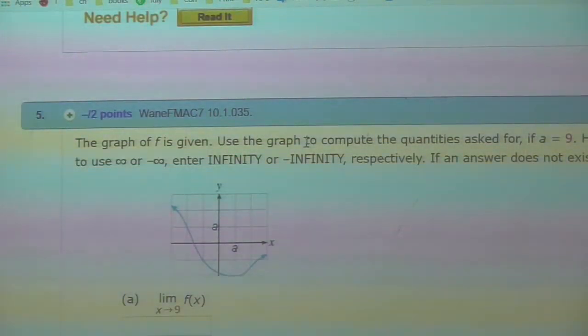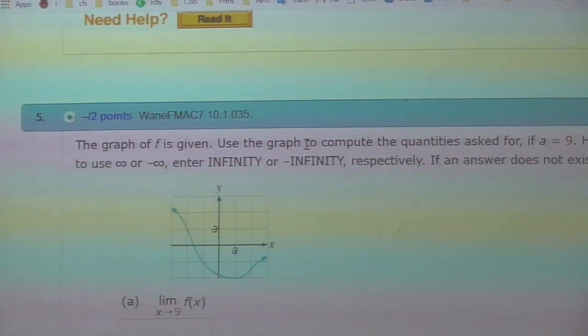So here they don't give us a formula for this function. Instead, they give us the graph of it. But still, the graph explains the function, right? I mean, you can use the graph to, like if I ask you, what's the height at A, what would you say? Negative 2A, right? If A is 9, so if I ask you what's the height at 9, you would say what? Negative 18, right? So you can use this picture to tell you, you know, the